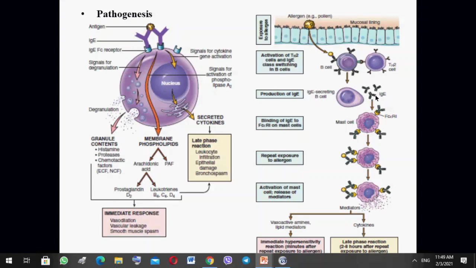This type of IgE immunoglobulin is secreted and released in order to combat this antigen. It is released in order to eliminate this antigen. But at the same time, these immunoglobulins can react with the mast cells. They will attach to certain receptors in the mast cells, and after attachment to the mast cells, there will be activation of the mast cells, and on repeated exposure to the mast cells, there will be release of mediators